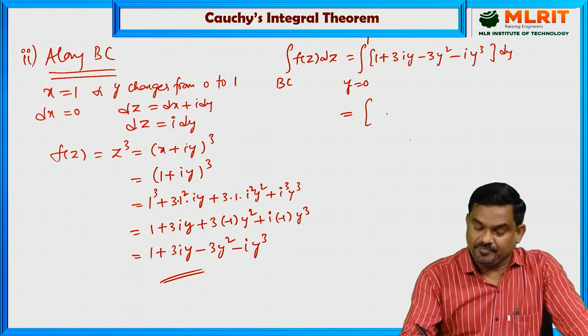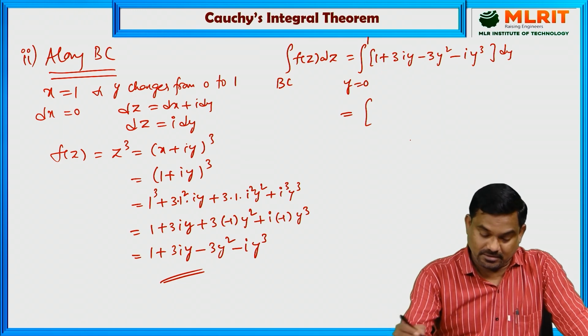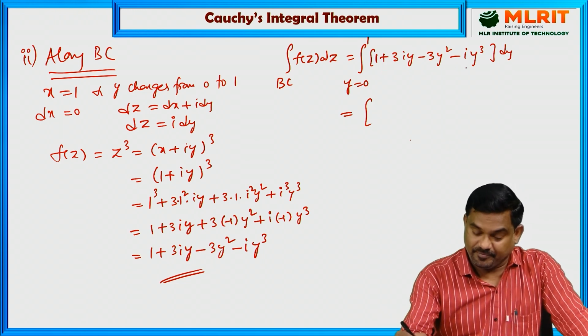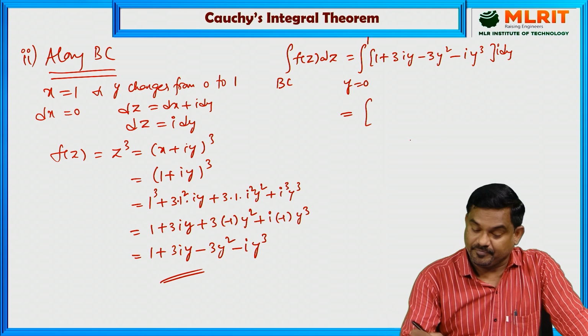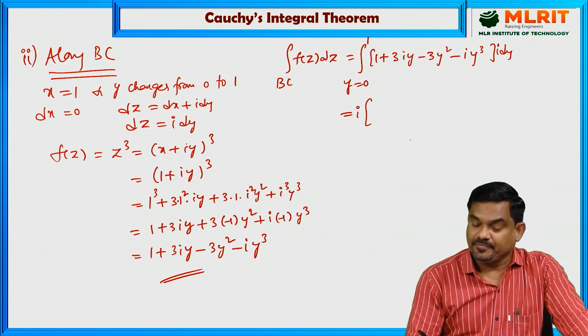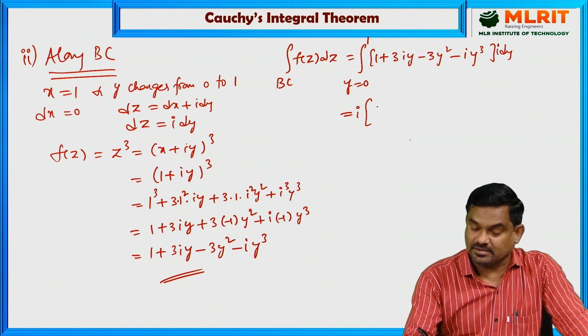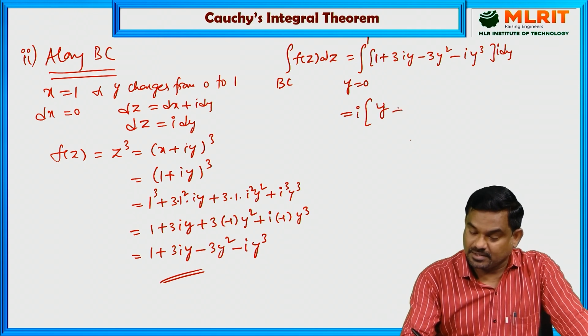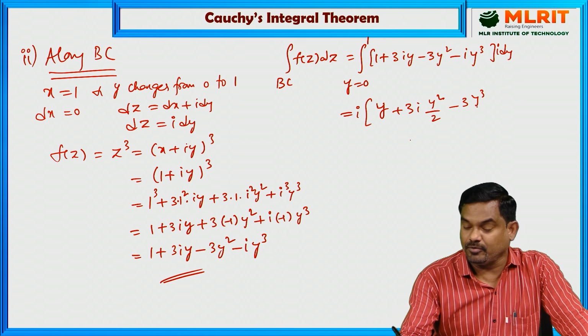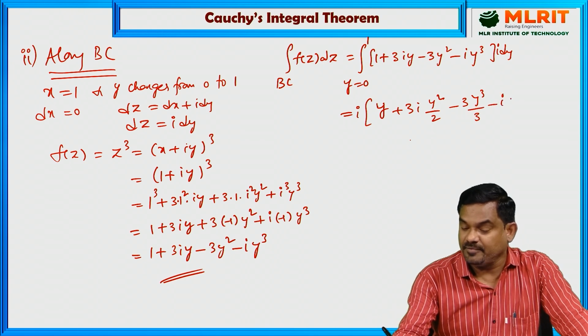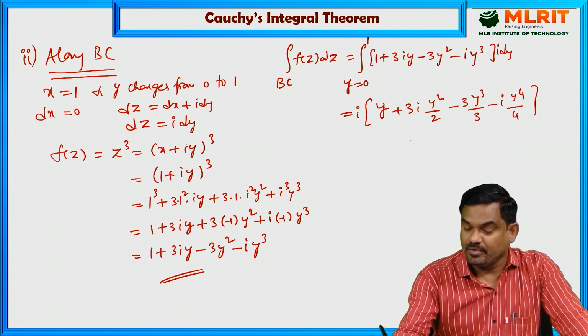Here dz is actually i dy, so that i comes outside, and the integral of 1 with respect to y is y plus 3i y square by 2 minus 3y cube by 3 minus i y power 4 by 4